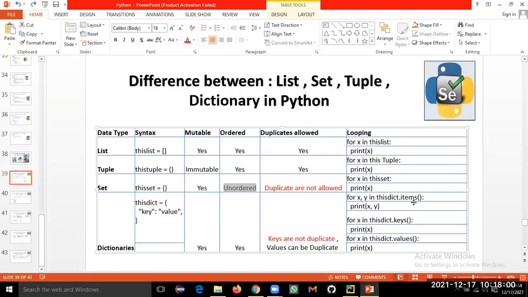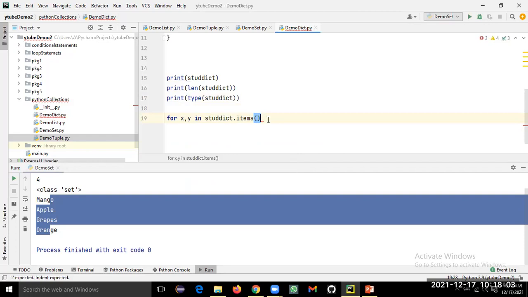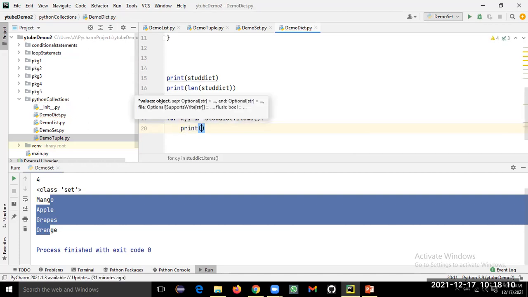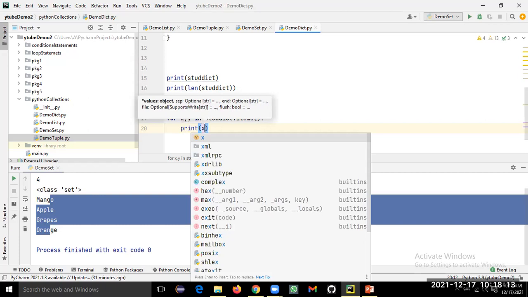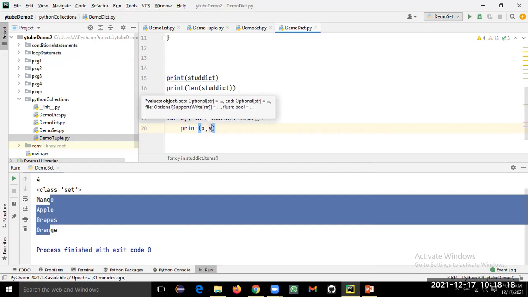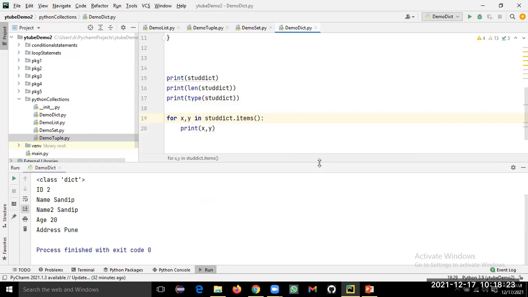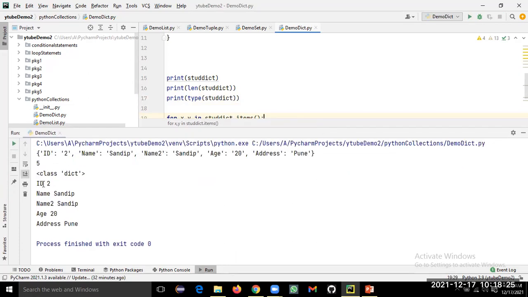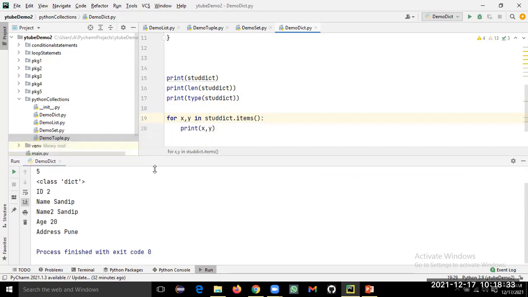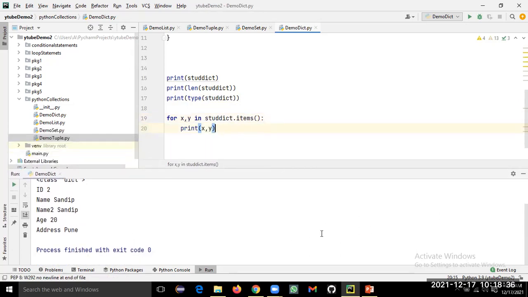You can see we have used the items function, colon. Now print, let's say, key is X, and print X comma Y. Now I'll run it. You can see ID 2, name Sandeep, name 2 Sandeep, age 20, address Pune. All those things are printed here. So this is how we can use it.